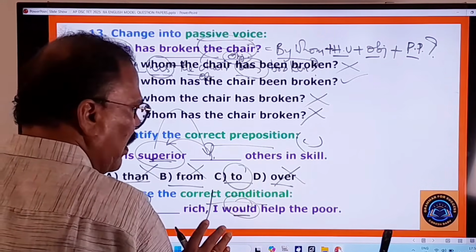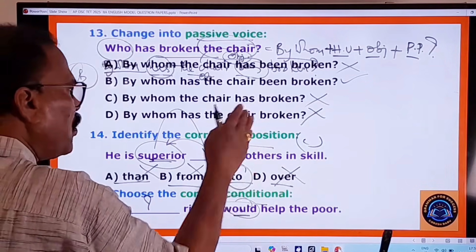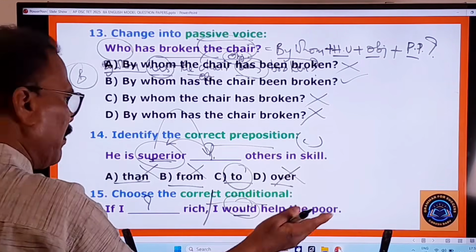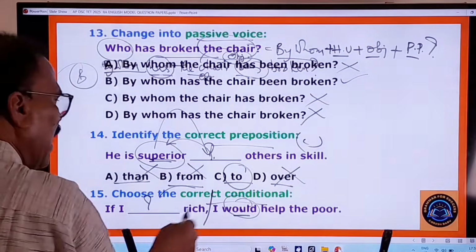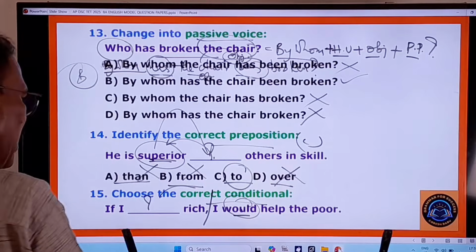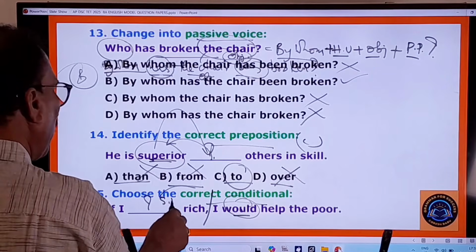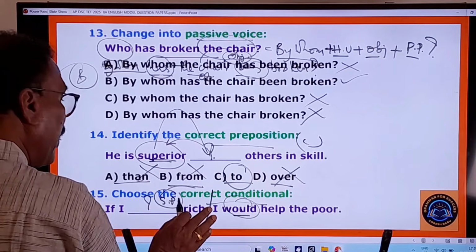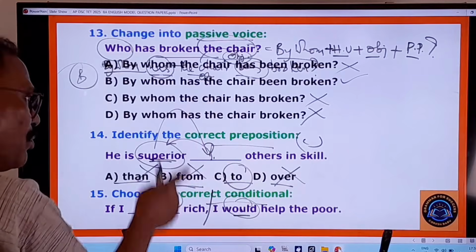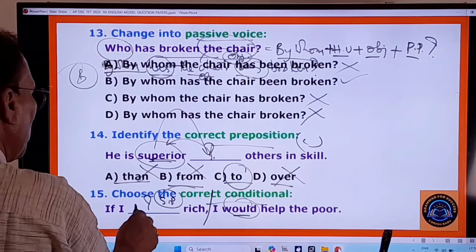Would plus base form verb. Whenever you find would, should, could, might plus base form verb, then you must think it is an impossible conditional sentence, and therefore in this you have to use the simple past. And one more thing, if at all you happen to use the helping verb, you must use only were